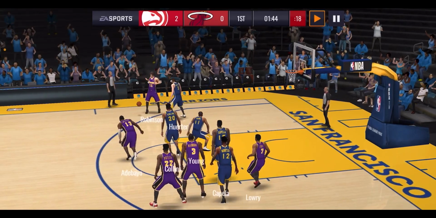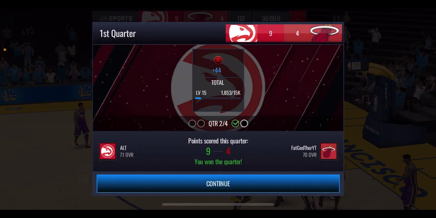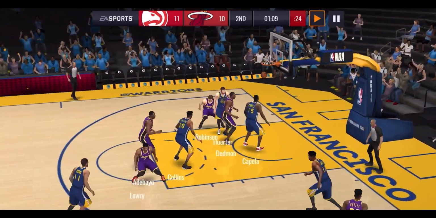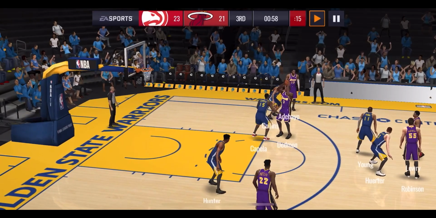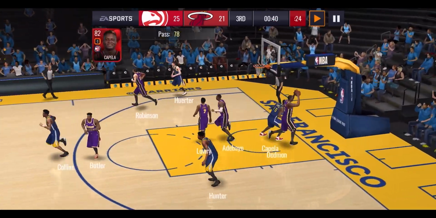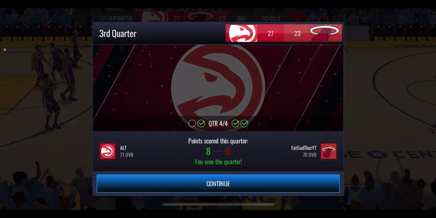This one was a bit better in that first quarter, and we had more scoring, and it was the Hawks leading by 5 at the end of the first quarter. But in the second quarter, the Heat managed to make a little bit of a comeback, but they were still 2 points behind the Hawks. And then things got tied up in the third quarter, only for the Hawks to again make a bit of a push and get that lead back to 27-23